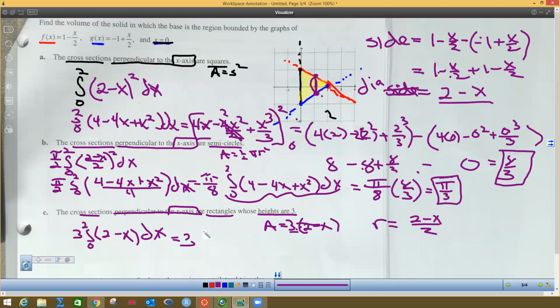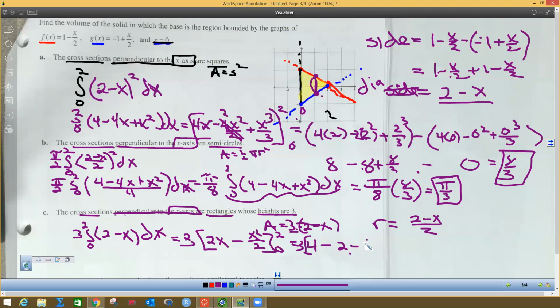So I still got my 3, and then I'm going to do the integral of that 2 is 2x. The integral of x is x squared over 2. And we're doing our lower and upper bound is still 0 to 2 because it's from this 0 over to this 2 in this shaded area. Plug 2 in, and I'm going to get 4 minus, and 2 in there is 2 squared, is 4 over 2 is 2. And you know what? I left my 3 off, so I got to have this 3 out front still. That 3 that's in front here. And then it's minus,